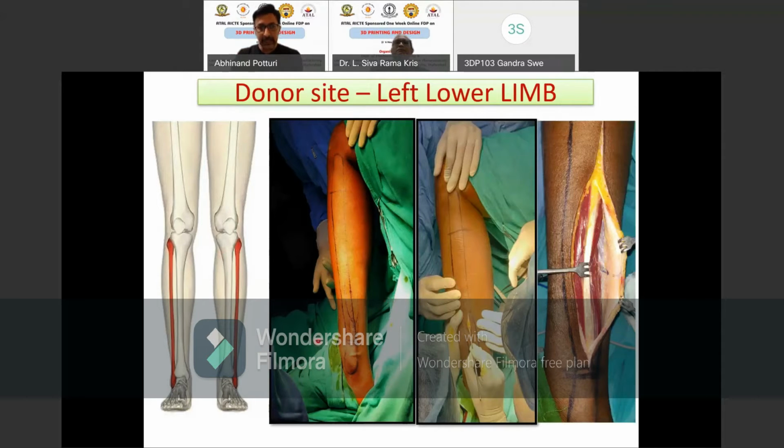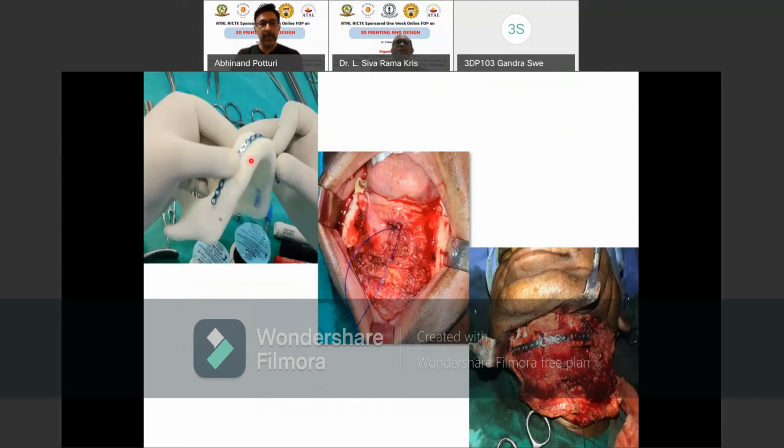And then once that is done, see, this is what the 3D printing model is. This is not somebody else's lower jaw. This is the patient's lower jaw, which has been printed using CT scan images. I'm sure from previous sessions you would have seen how this 3D printing process is done, whether by additive or subtractive methods. But what we do here is, the patient had a big tumor in this part of the jaw. So on the computer we do virtual surgery, where the tumor part of the patient's jaw is resected and removed on the computer before we actually do it on the patient.